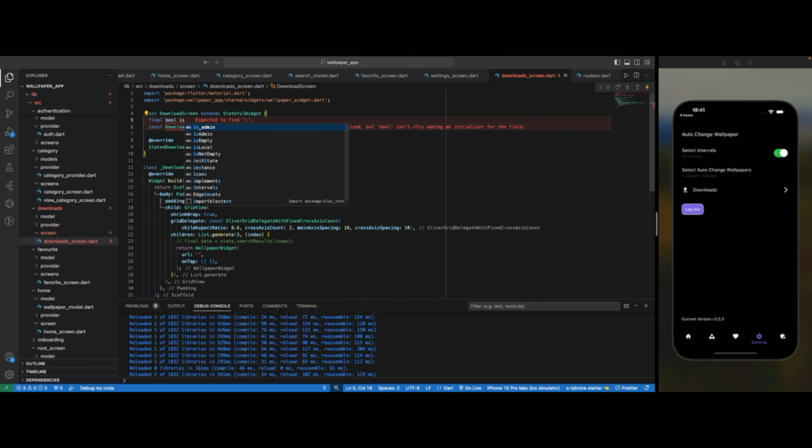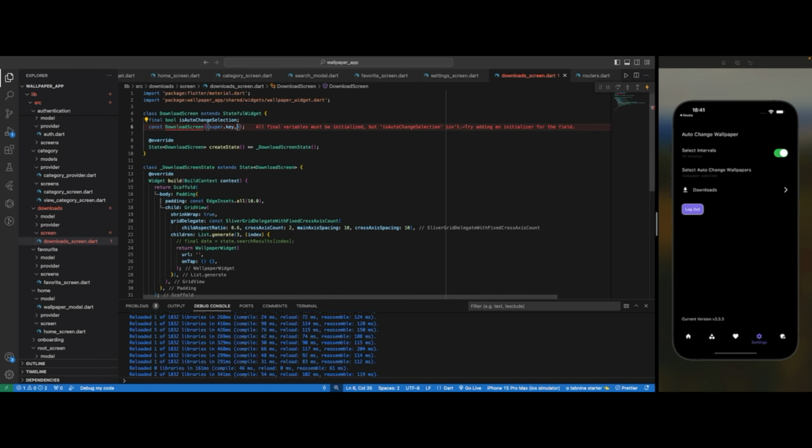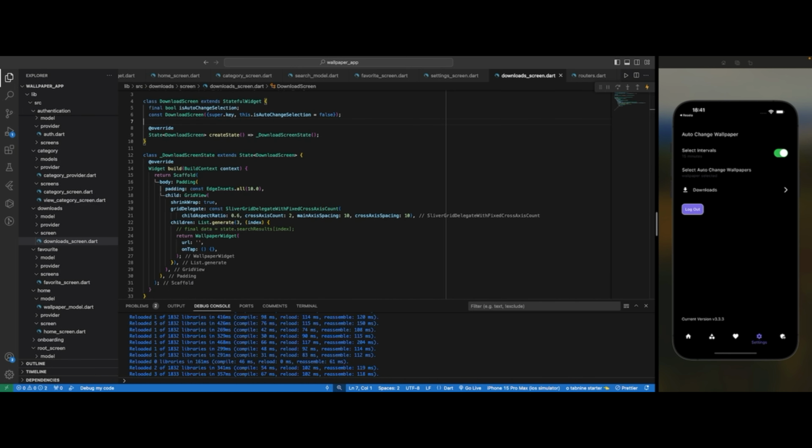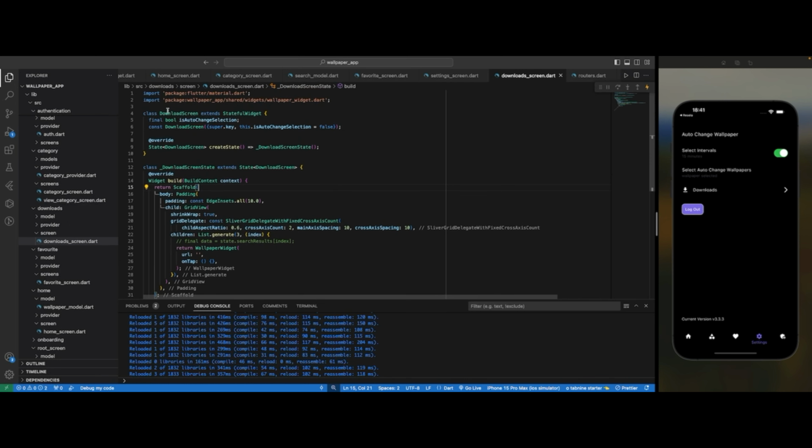So we're going to have a bool here called auto change selection. We are definitely going to make it required, not really required, so let's make it an optional parameter. I'm going to give it an initial value of false. If it's false, no problem, it's just going to be like that. Then we are going to go back to our app, and I'll route it to this screen. So I'll go to the downloads here,